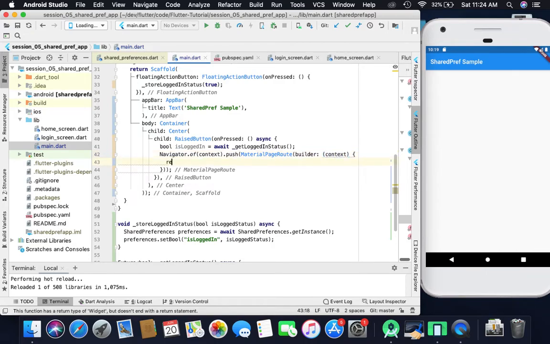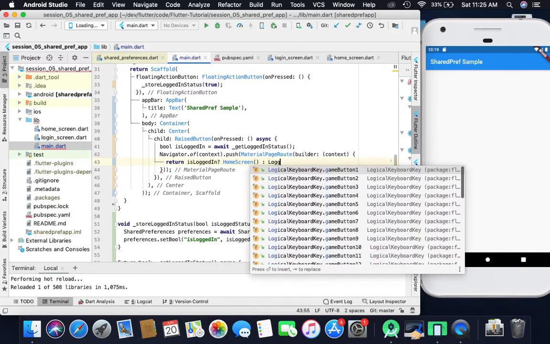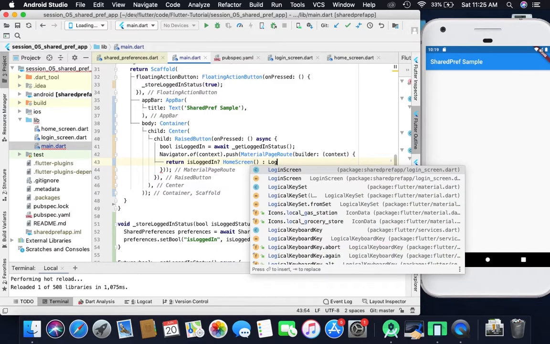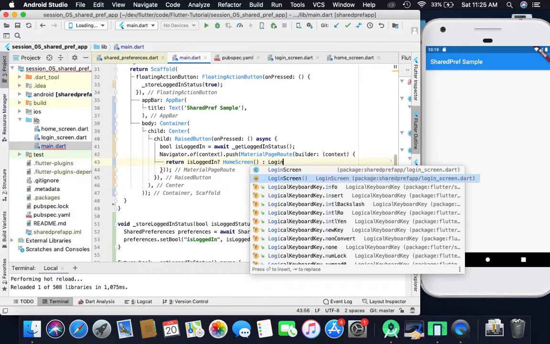So here we have to return the screen based on our logged in status. If it is true, then go to the home screen. If it is false, then go to the login screen.